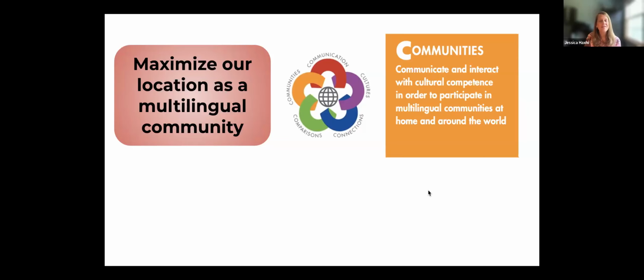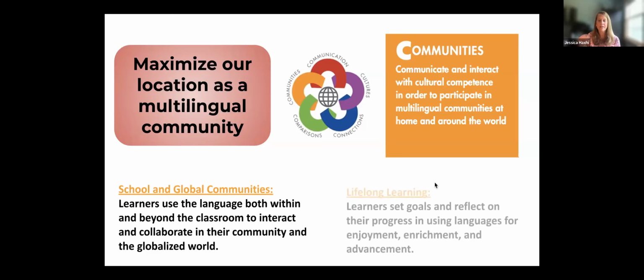So we started feeling that that really was our goal, and we wanted to bring that to students right from level 1. I'm not sure if you've read the 5 C's lately, but if you go back and read them, there's really 2 components to that. One is them using the language within and beyond the classroom to interact and collaborate. And the other is lifelong learning. When the standards first came out in 1996, we all just laughed, but this idea that lifelong learning is a standard is really beautiful, I think.